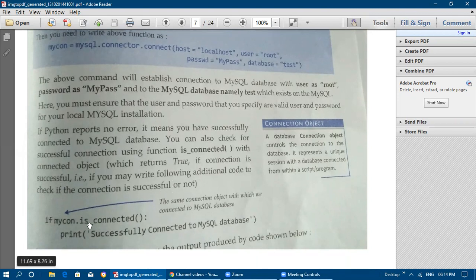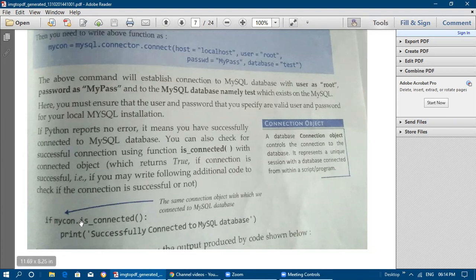If we want to check whether the database connectivity is done correctly or not, we can give these two lines after the mycon = mysql.connector.connect method. We can give these two lines. So next we will see the following 4 lines, whatever 4 lines we have discussed till now, in the next step.